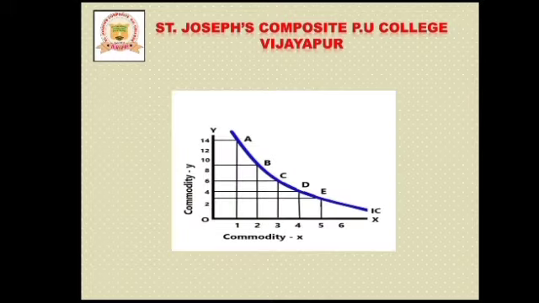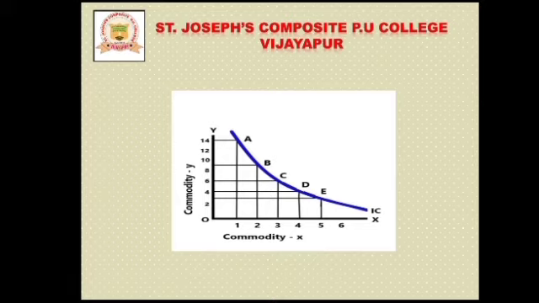You just see this diagram here. The data in this indifference schedule can be represented on a graph with one commodity on the x-axis and the other commodity on the y-axis. Here in this diagram, IC on the right side means indifference curve. So IC is an indifference curve showing the combinations of the two goods given in the schedule. Which are the two goods? That is biscuit and banana. And all the points on this curve give an equal level of satisfaction to the consumer.